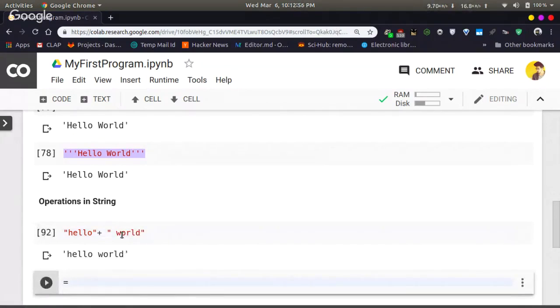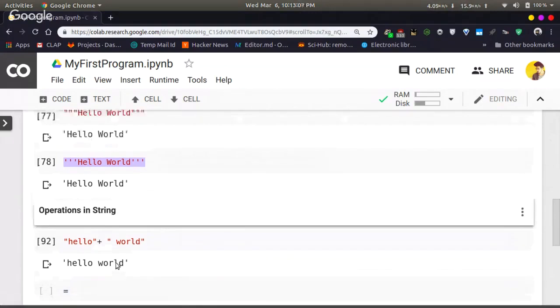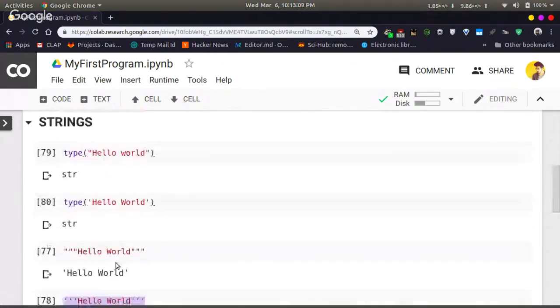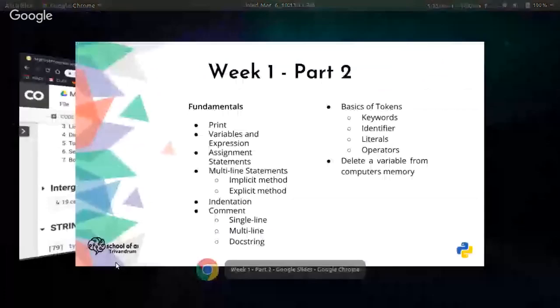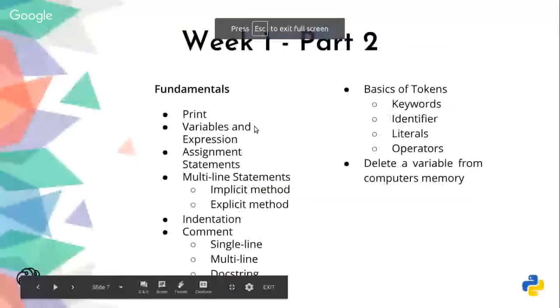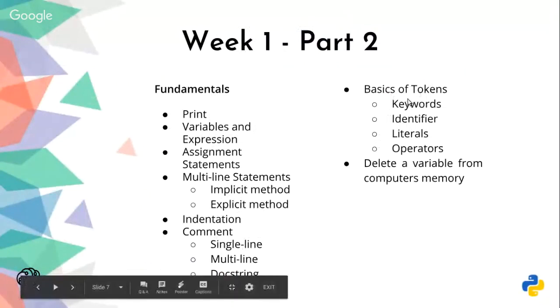I think the time is running out. The rest of the 15 minutes, we will take a look at the doubt section. Okay, I think we will touch upon the operations on string in the further classes. So let us go to an overview of what we have just learned. Fundamentals of Python: we have learned what is print, variable, expression, assignment statements, multi-line, indentation, comments, basics of tokens.